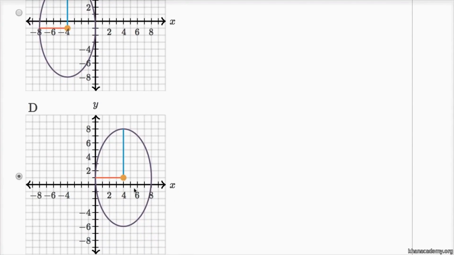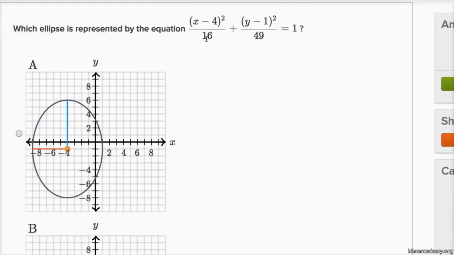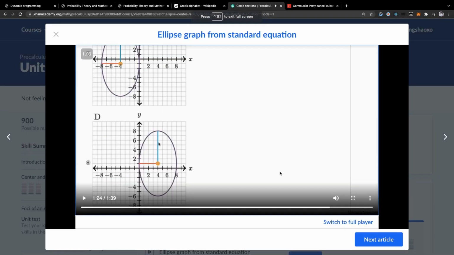But we can verify that this works out because a horizontal radius right over here, notice it goes, this orange line, which can represent the horizontal radius, has a length of 4, and so the horizontal radius is 4. And so we see indeed that 16 is the horizontal radius squared. This is 4 squared. And if we look at the vertical radius,